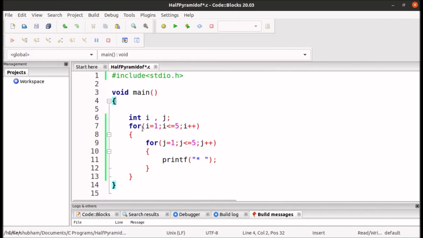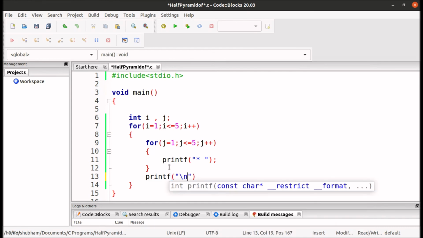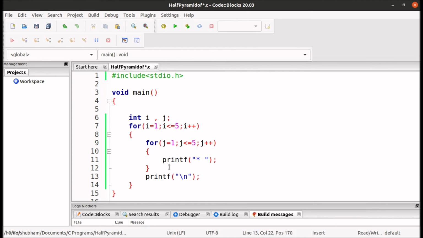Since the first variable i is for line number, after printing the first line we will print the remaining stars in the next line. That's why I will print a line break here. Let's run it once more and see.